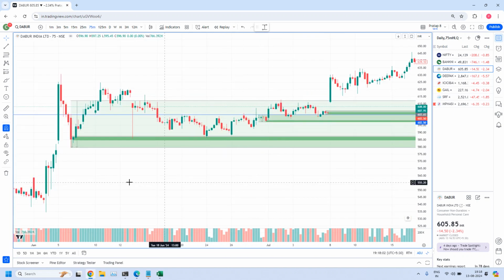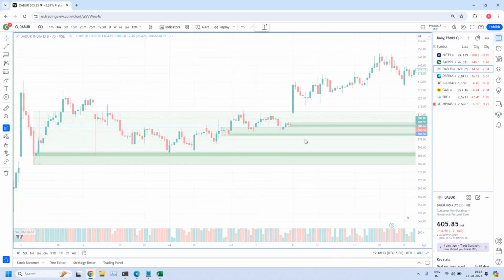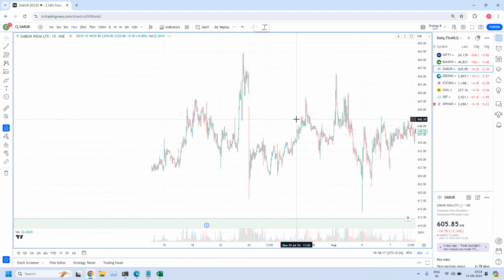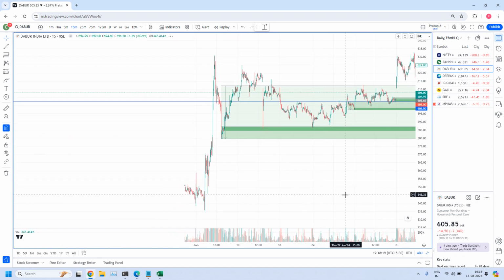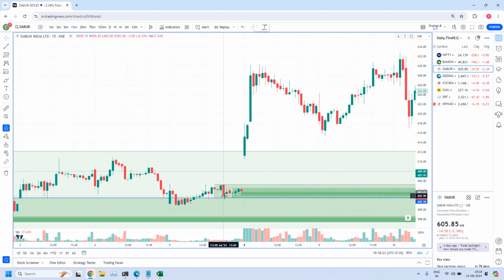This is the second 75 minute zone, and again we have a drop base rally. This is another 75 minutes zone. So three fine tuned 75 minute zones we identified. Again we need to fine tune the 75 minute zones with the 15 minutes time frame. So the first one I have identified, we have a drop, 1, 2, 3, 4, 5, 6 base candles and